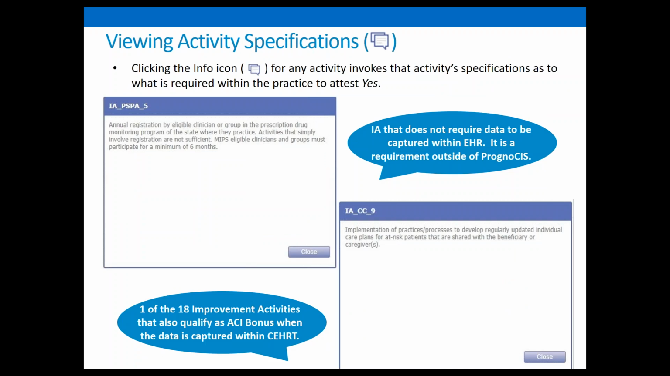And now viewing these activities, similar to what we saw under quality, you get a little pop-up. Now here the differences are subtle. You have to actually read them, because the one on the left-hand side is an improvement activity that does not qualify as bonus. So you don't need to store any data in EHR, but you get your improvement activity point. The one in the lower right is a bonus improvement activity that qualifies for ACI bonus if you do something